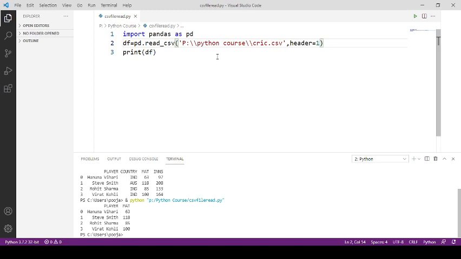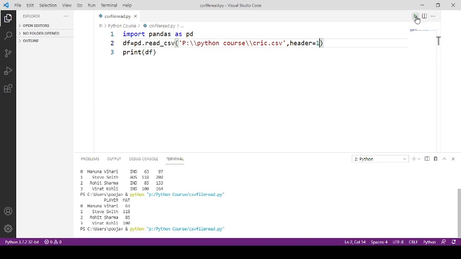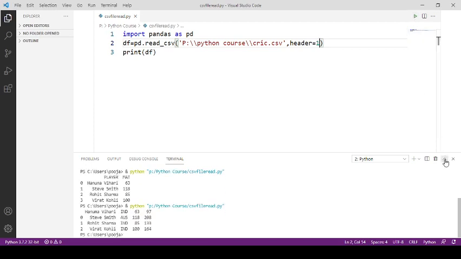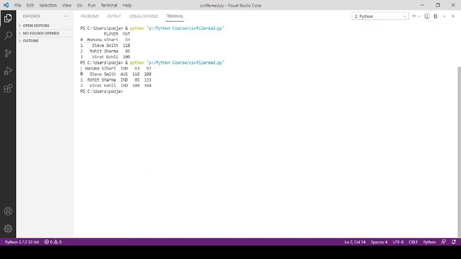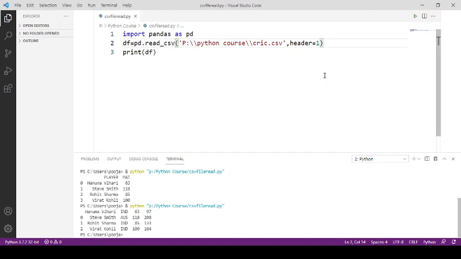Just press Ctrl S and press this green button. Now you can see first row, this Hanuma Vihari IND 6397 is treated as header row, and next row onwards data will be read, right? So using header you can specify the header row.